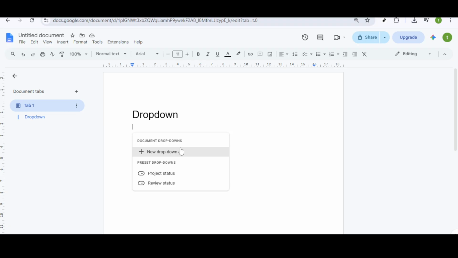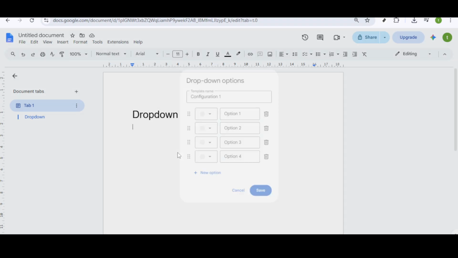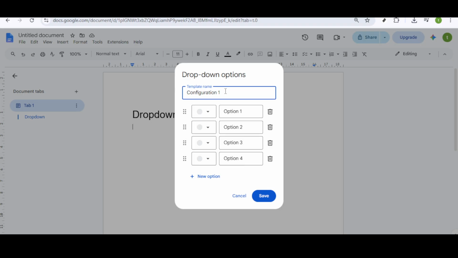Once you've clicked on it, you will see a sub-option that says New Drop-Down. Select this and you'll open a customizable dialog where you can add your own choices. This is where creativity and functionality meet. In the dialog box that appears, you can add the set of options that will form your drop-down menu. This feature is particularly useful for forms, surveys, or any document where you want the reader to choose from predefined